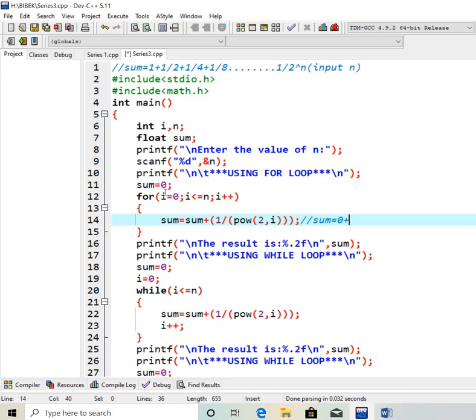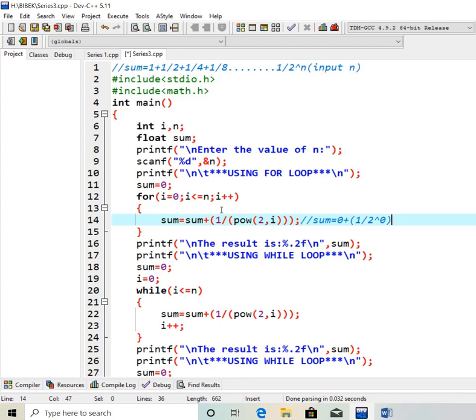Here the value of i is 0. So that will be 1 by 2 to the power 0, that means 1. So let me write here 2 to the power 0. Okay. So 0 plus 1 by 2 to the power 0, that means 1. So 0 plus 1 equals 1. So at first, when i equals 0, the sum is 1.